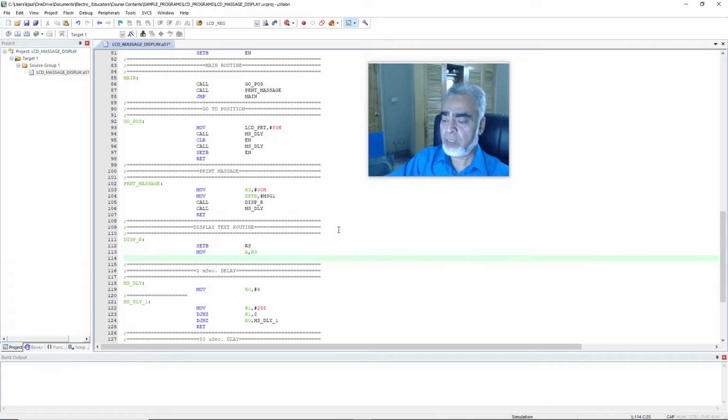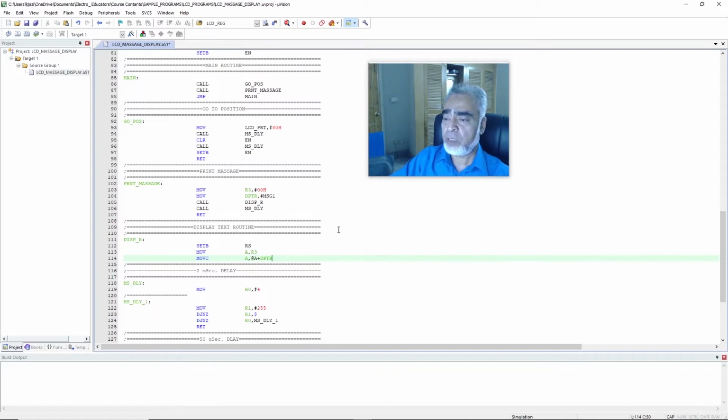So here we'll write the instruction, that is move C. Here we have used a new instruction, that is move C, and here we will write that is accumulator, comma @ accumulator, that is use the number in accumulator as address, and we have the number that is 00 in accumulator. So here we have used a new instruction, that is move C, that is move C accumulator, @ accumulator plus DPTR, and this instruction will move the first character from the message to the accumulator.